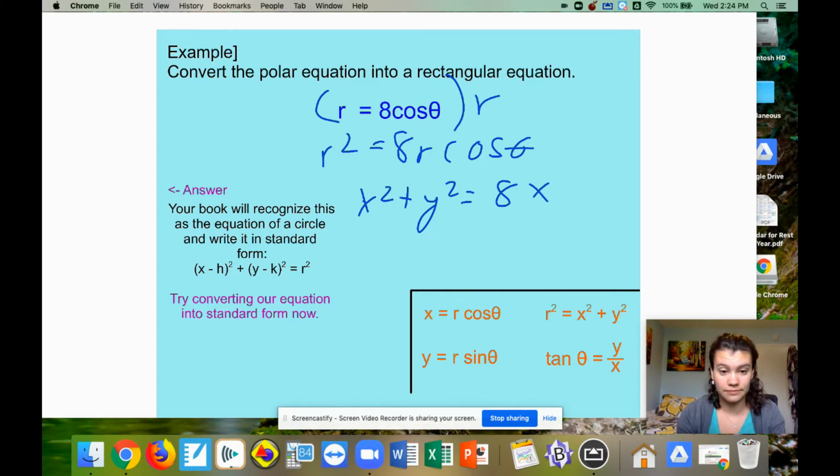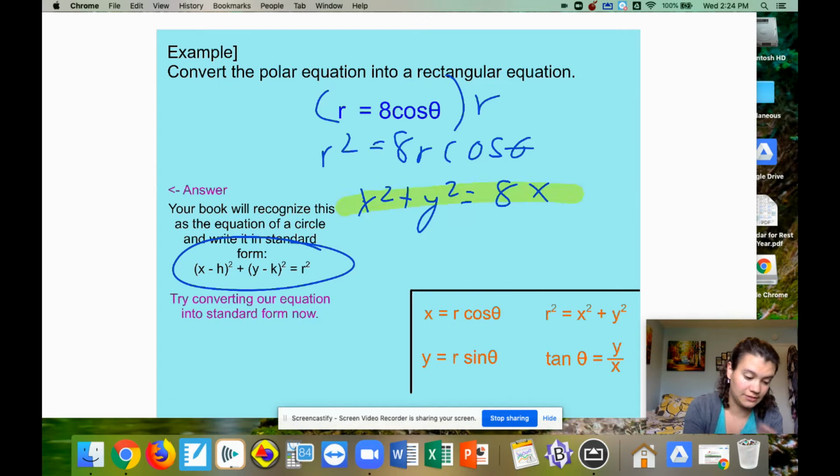Now, in your book, this is an equation of a circle. It's going to complete the square and give you your standard equation. For our purposes, you can stop here. This can be your answer. You can be done. You don't have any r's, you don't have any thetas, you don't need to solve for anything. But just as a little refresher, to complete the square,